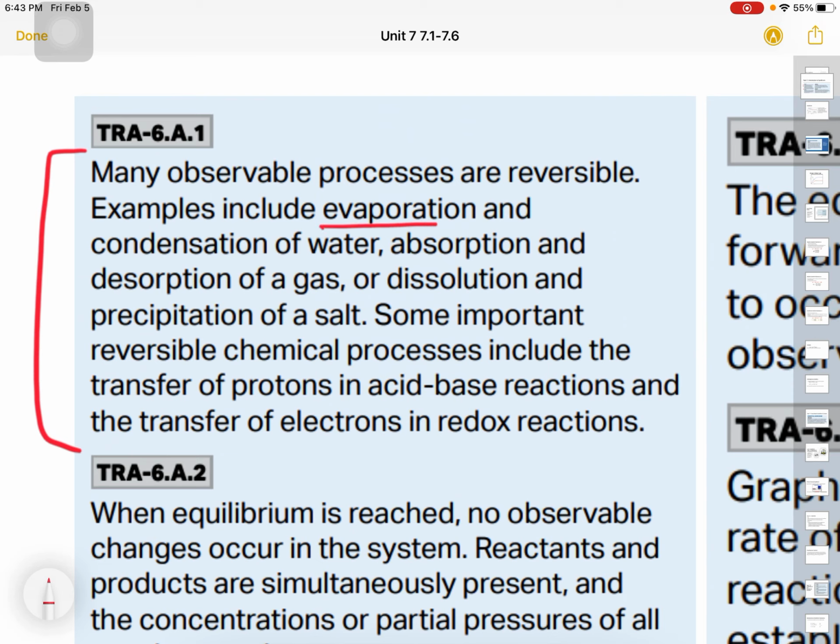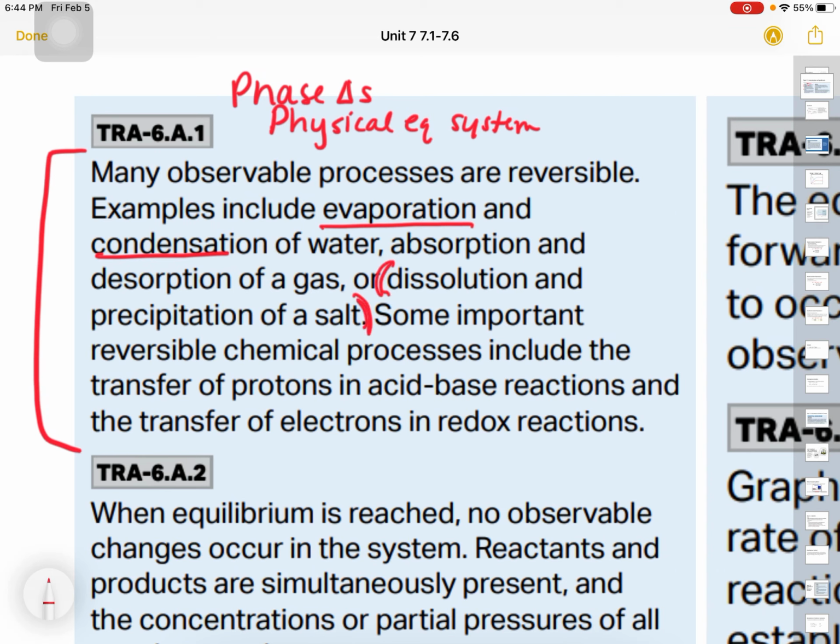So anytime you have a phase change, all phase changes are physical equilibrium systems. During a phase change at a specific temperature, you have the conversion from one phase to another and back again. For chemical